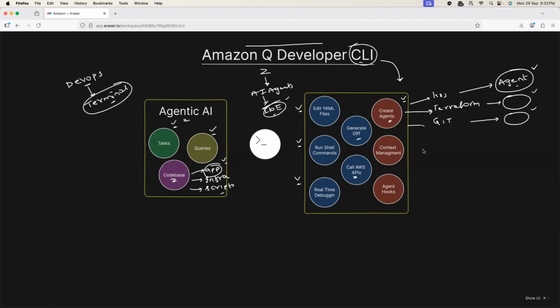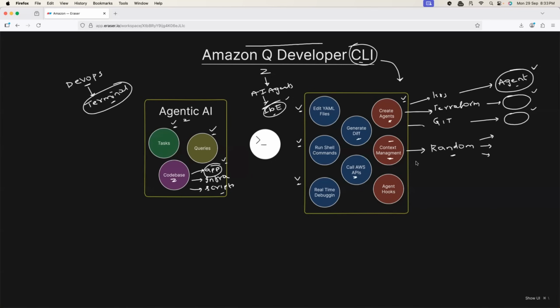Apart from that, you can also use Amazon Q Developer CLI with best-in-class context management. Now, every time I talk about AI agents, I talk about context management. The reason is that you don't want your AI agent to dump any random code at you, but you want your AI agent to generate code according to the context. That is exactly what you can do with Amazon Q Developer CLI context management. And it also